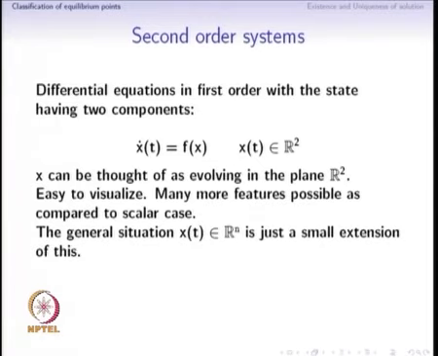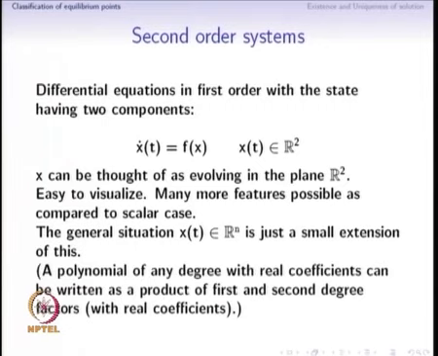So, this is relatively easy to visualize, but there are many more features that are possible. Let me emphasize, it is easier to visualize than the general case where x has n components, even though it is a little more complicated than the one dimensional case where x had only one component. But going from one component to two components introduces so many possibilities, but all these possibilities can also happen in Rn, and compared to Rn, R2 is easy to visualize.